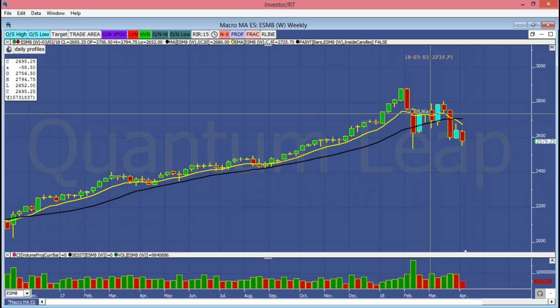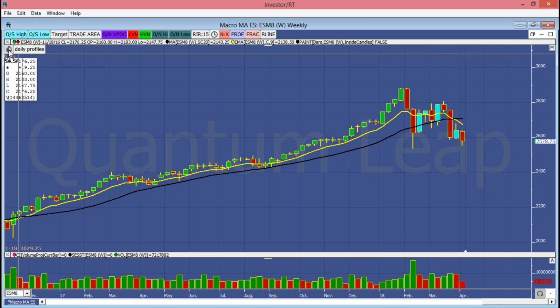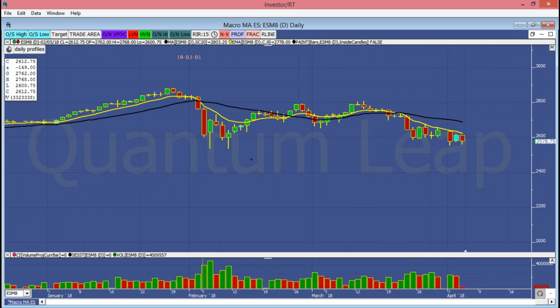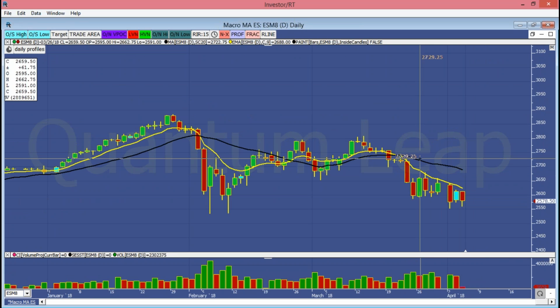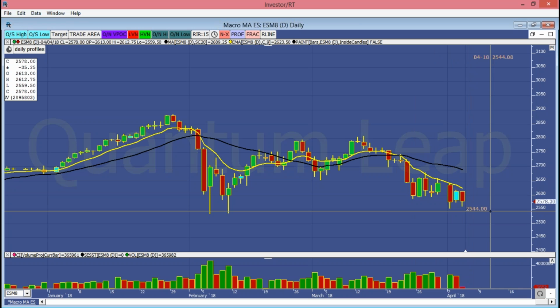On the weekly, a little bit different story. We've broken below the 9 and the 20, and we've got a downward slope with start of slope and separation, and an inability to get back above the 9. So possible start of a trend change on the weekly. On the daily, you can see that accelerates, and we're now having slope and separation, and we keep rejecting the 9 EMA, and continuing what could be a downward trend.